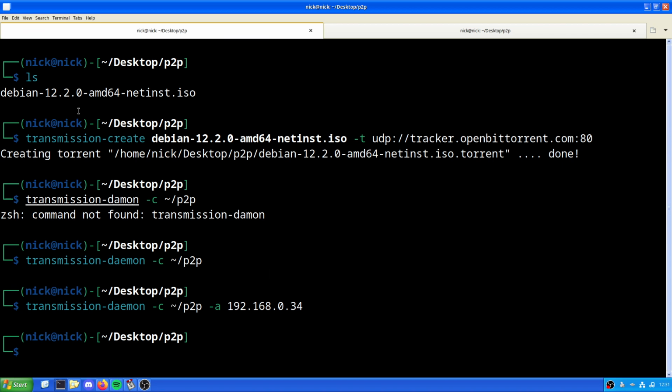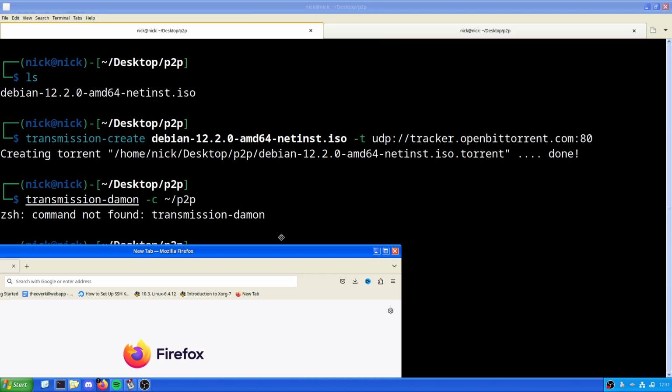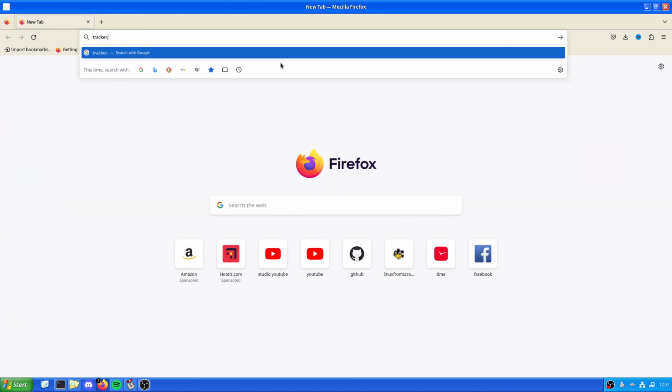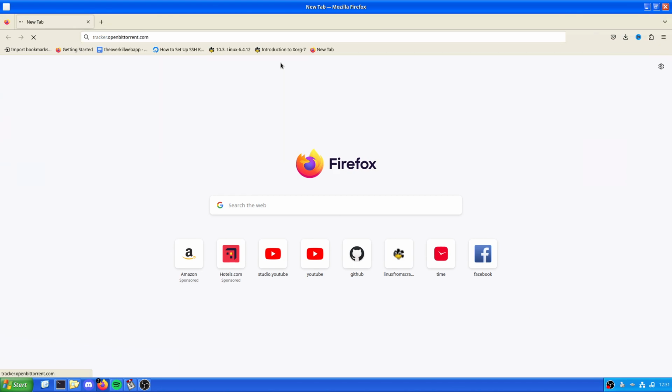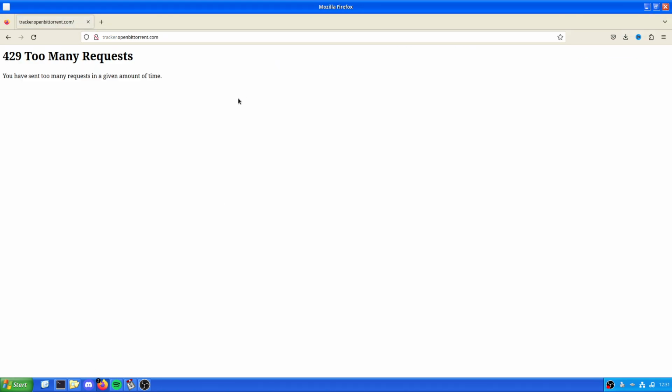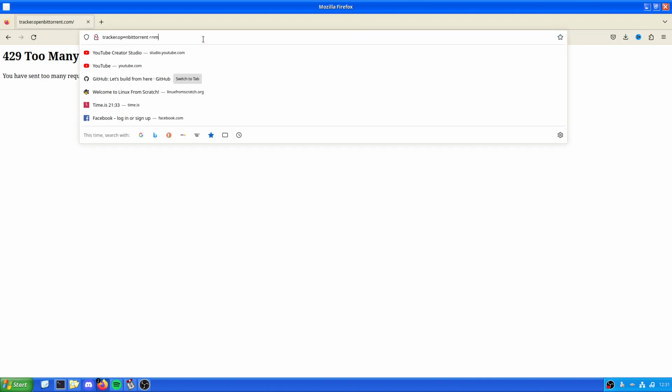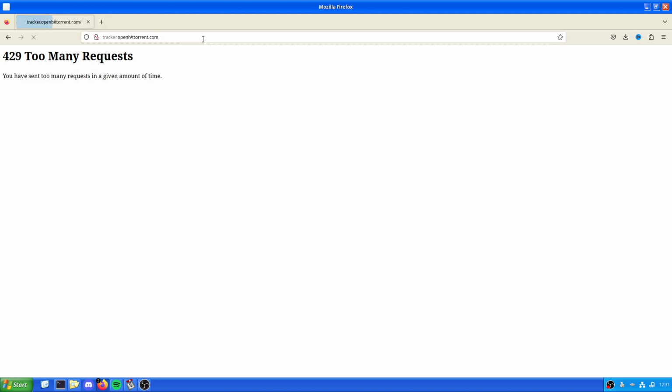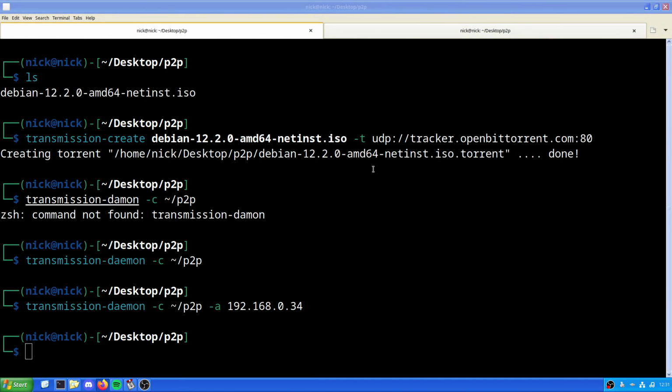So if I were to go to tracker.openbittorrent.com, for example, tracker.openbittorrent.com. Yeah, that's because we're actually transmitting. Pardon me. So now that we can confirm that it's actually going up because we're having errors with it,